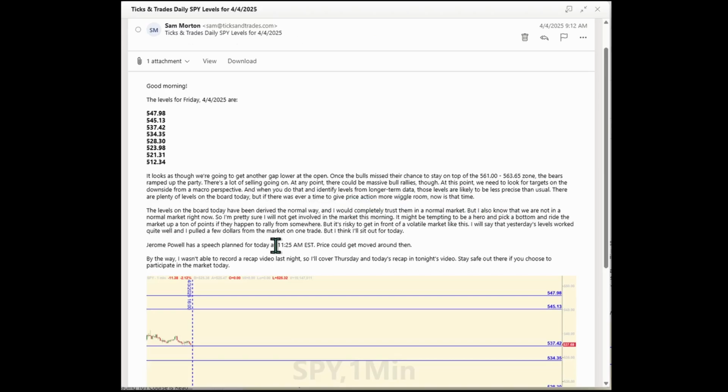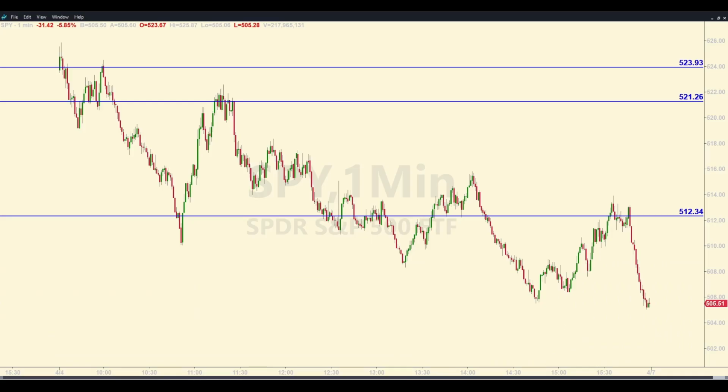I didn't make any trades on Friday, and I said so right here. And this was sent out before the opening bell. And here are the 3 levels that the SPY hit on Friday. Talk through these really fast, playing by the rules. So the first trade was taken at 5:21.26. The reason is because after 15 minutes of settling in, the market was down here. Price was down here. They went up.